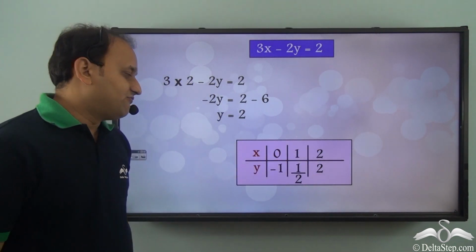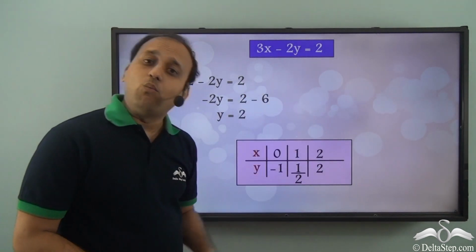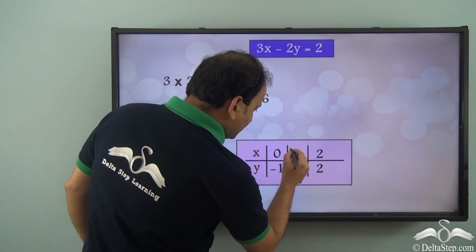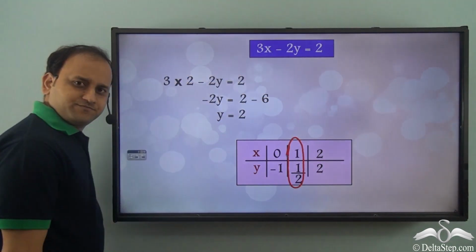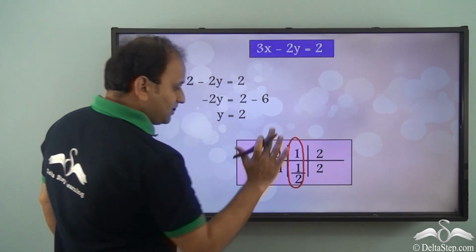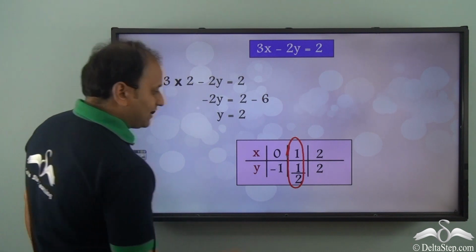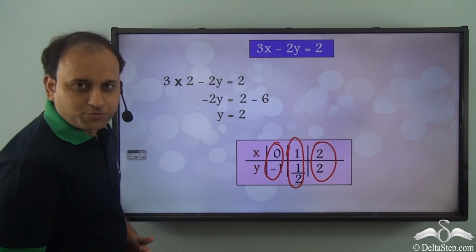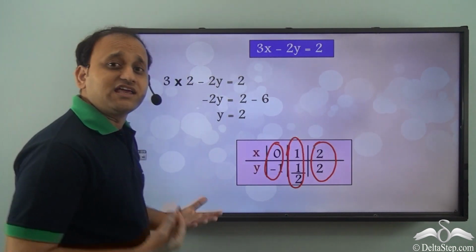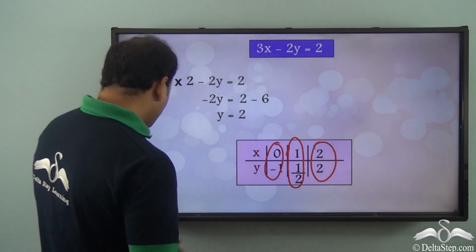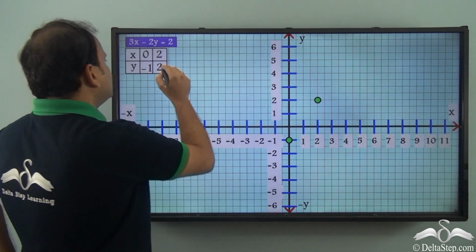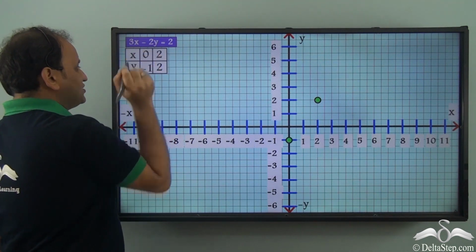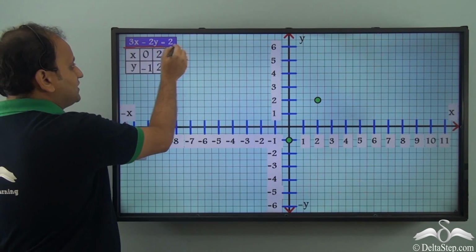So now we have 3 values here for x and y. Now, as we can see, we have got this particular value in which we have a fraction. So, for the time being, we are not taking this particular point and we are considering these 2 points here. We'll plot these which are easier to plot. We always consider the values which are easier to plot on the graph paper. So, we take these values: when x is 0, y is -1, and when x is 2, y is 2, for this particular equation here.